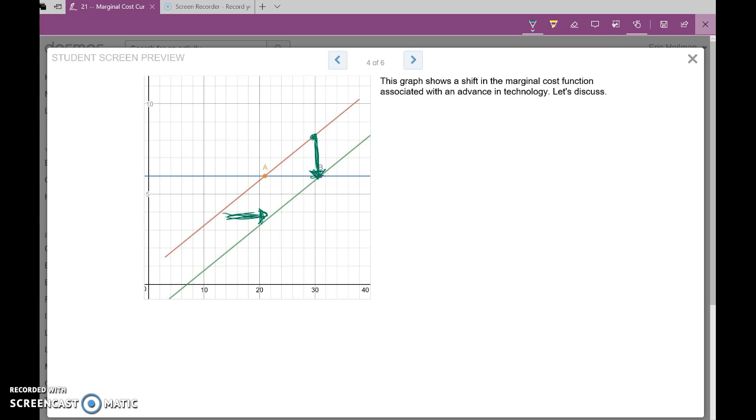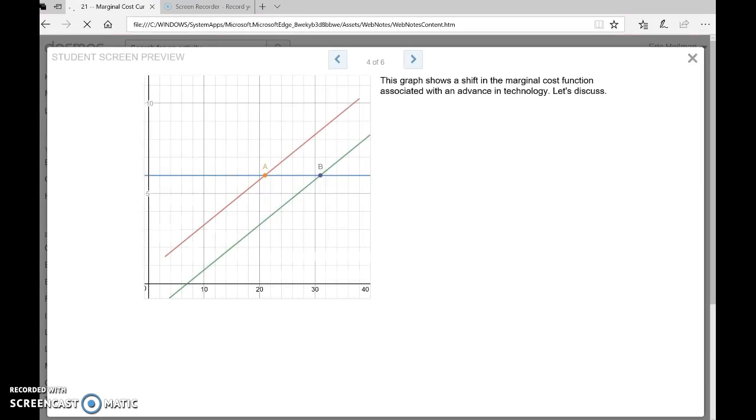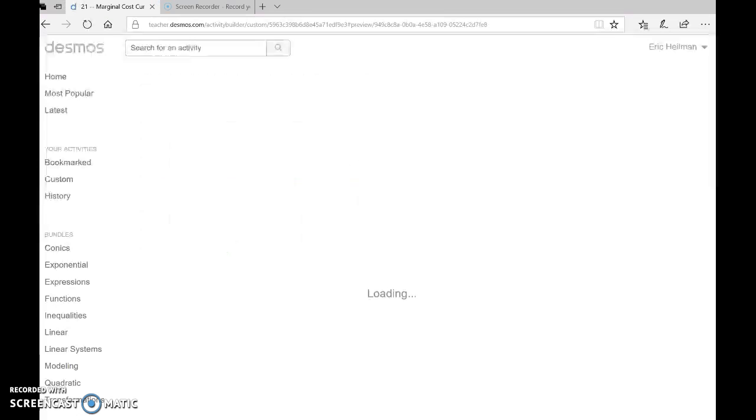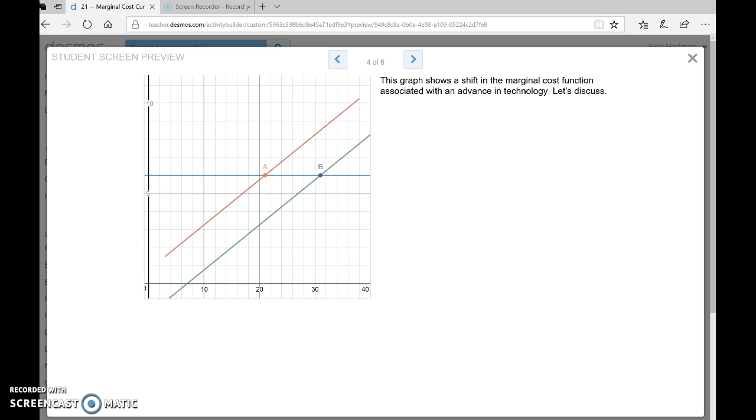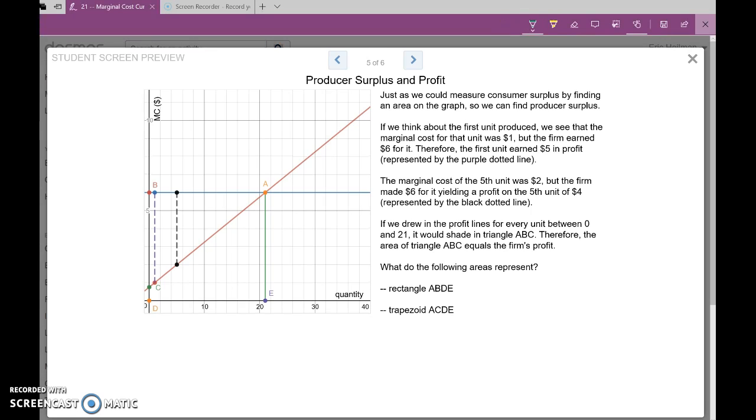Okay, so now I think we're going to talk about profit, also known as producer surplus. Okay, so this is similar to what we were doing with consumer surplus in the last unit. So here we have a diagram. It has a marginal cost curve on it and a price line. So when we think about this,